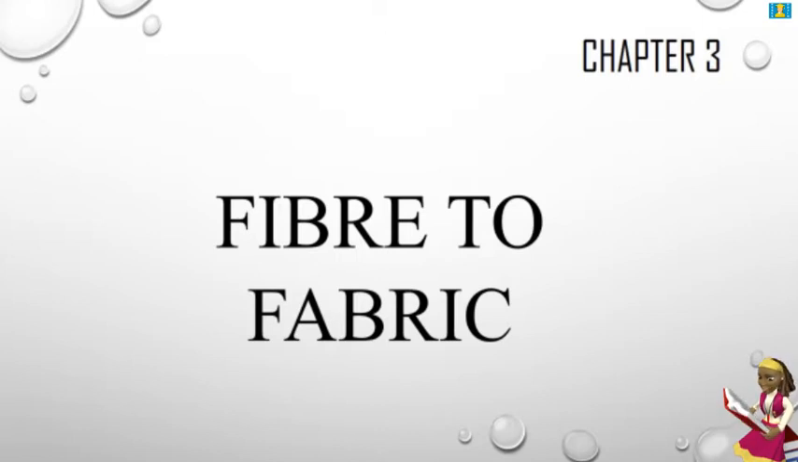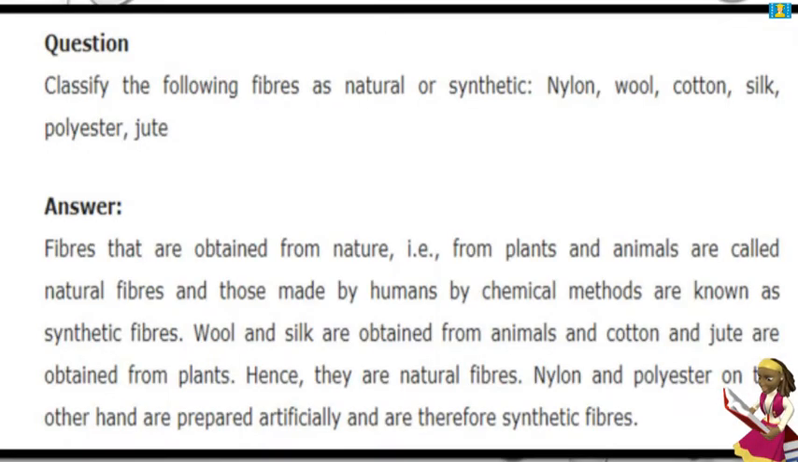Chapter 3, Fiber to Fabric. And the first question is, classify the following fibers as natural or synthetic: nylon, wool, cotton, silk, polyester and jute. The answer is, fibers that are obtained from nature,